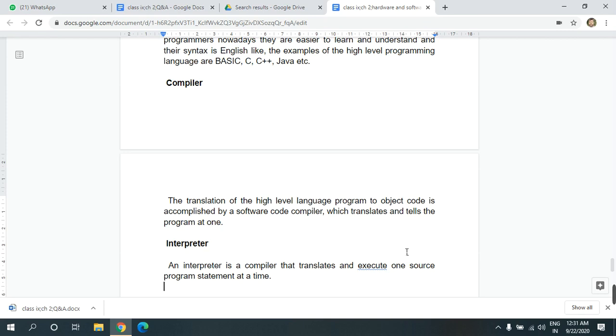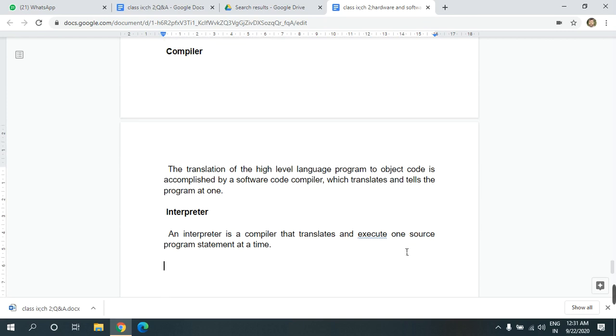So that is the basic difference between the compiler and the interpreter. Both of them are used for converting the high level language program to the machine language, because the computer can only understand the machine language. Without translating the language to the machine language, the computer would not take the instructions.